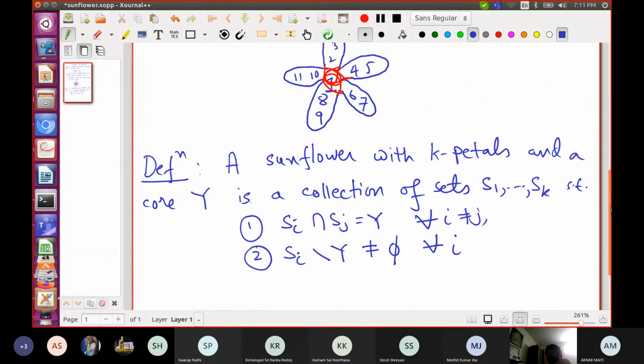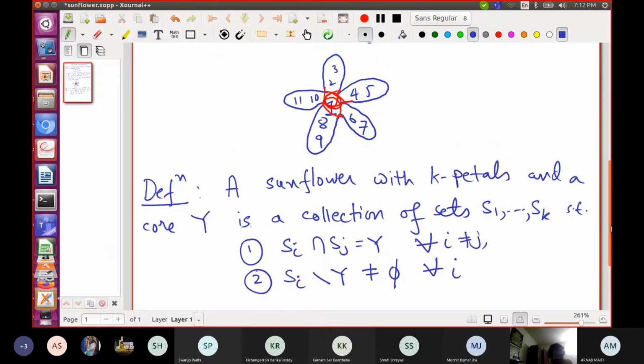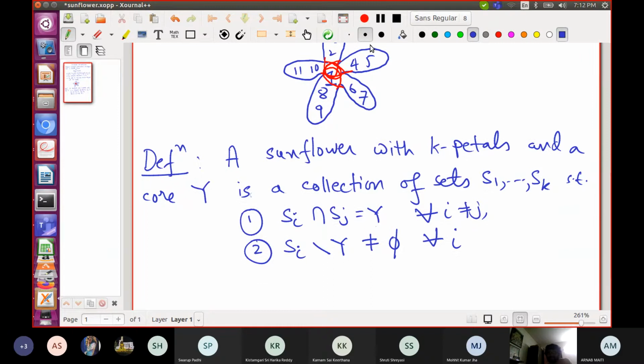This Y is the core. Here in this case, 1 is the core. And you can think of these as petals, and there are k of them.